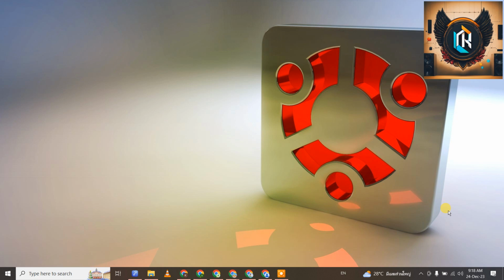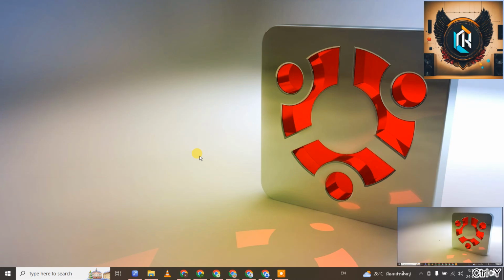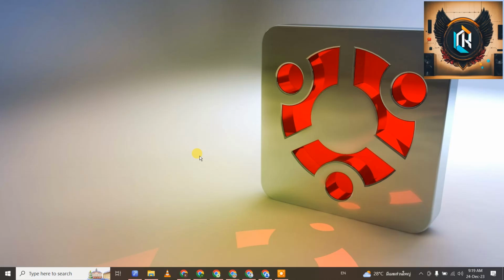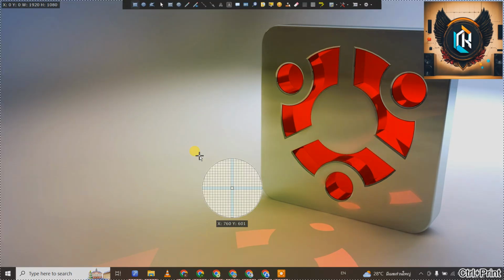Today I want to show you how to capture your computer screen, capturing the full screen or part of the screen or active windows. So for this, I'll show you something. If I press Control Y here, it makes a screenshot, and if I press Control Fn and print screen,